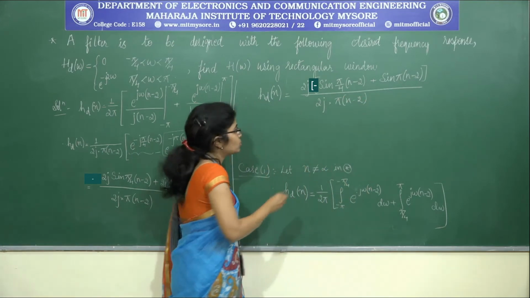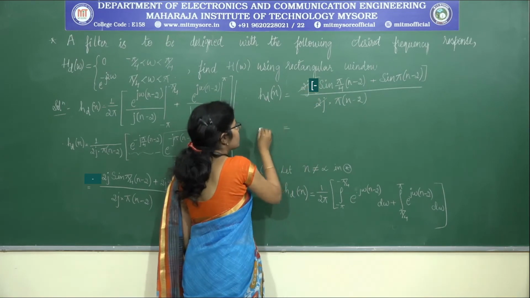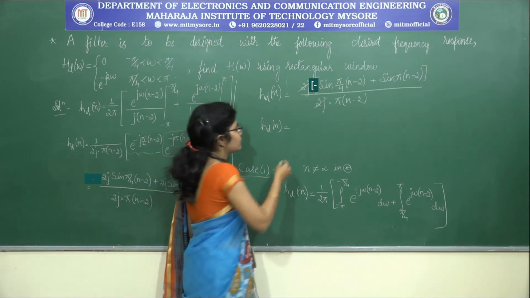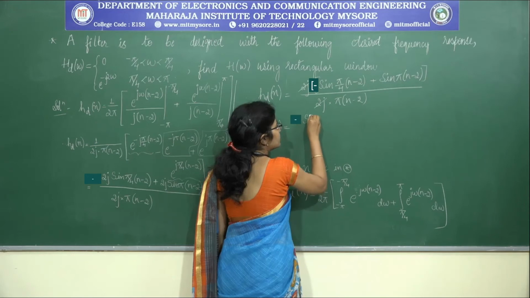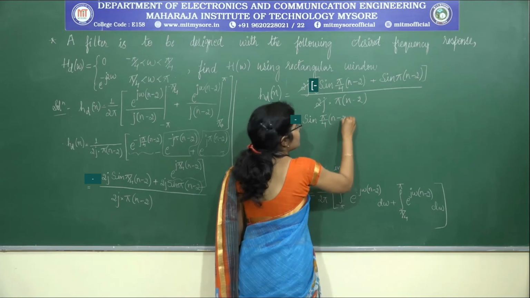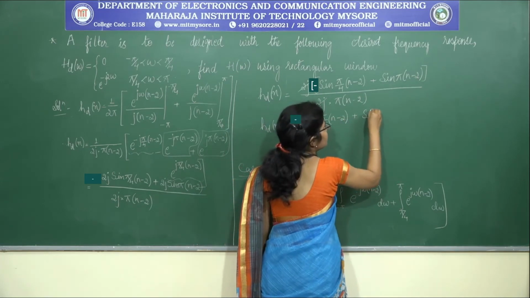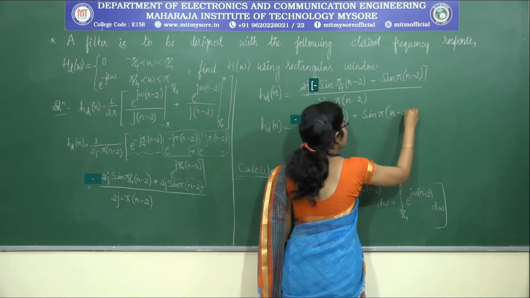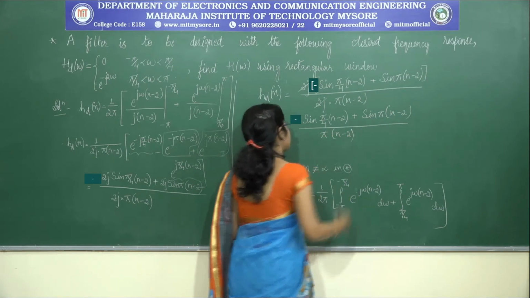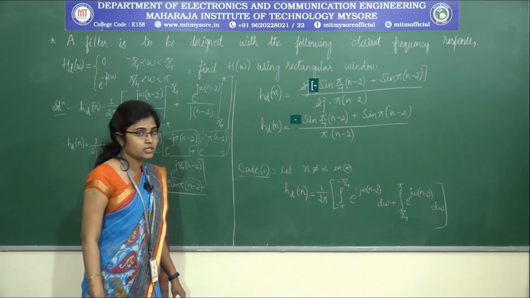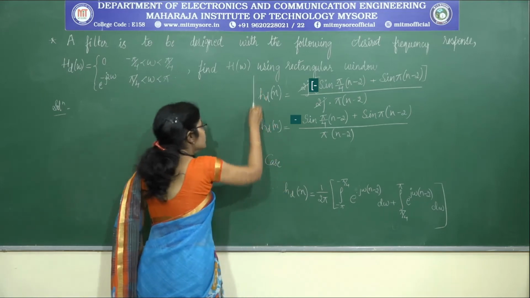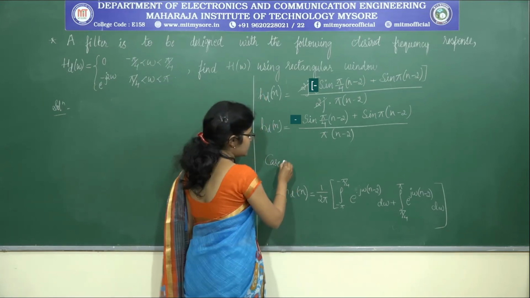Okay. So, now what we can do, I can cancel 2j with 2j. Therefore, the expression for hd of n when n is not equal to alpha will be equal to sine pi by 4 into n minus 2 plus sine pi into n minus 2, whole divided by pi into n minus 2. So, this is with respect to case 1. Now, I should do the same thing for case 2. So, if I start with case 2,